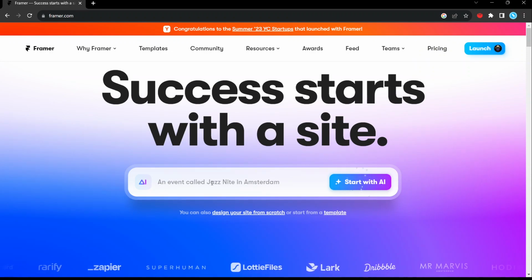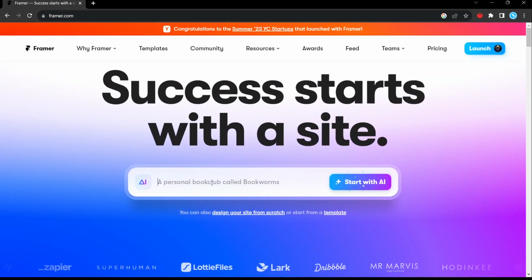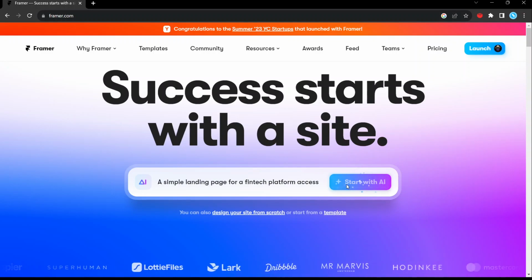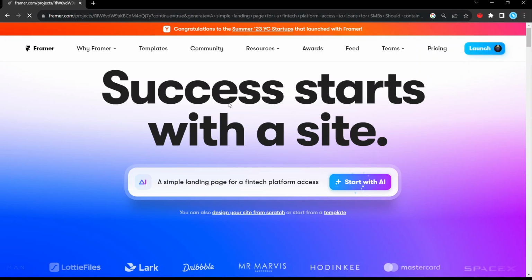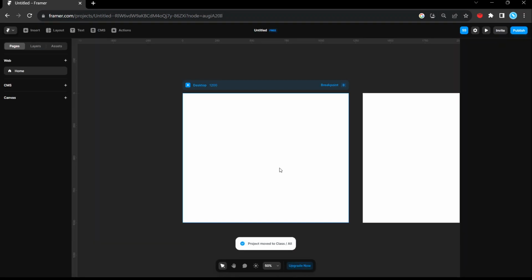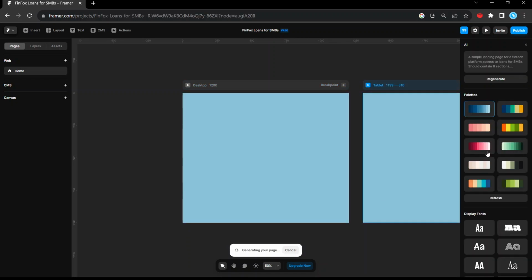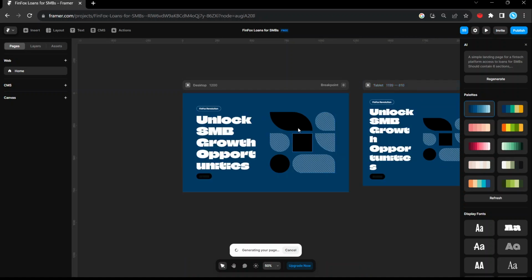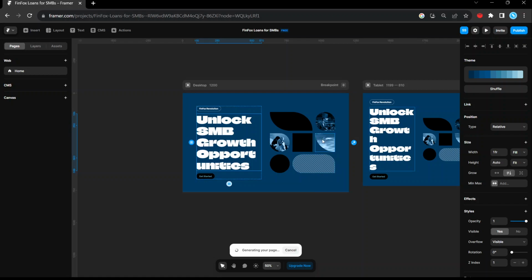Then, of course, we also have the AI feature here where you can put in a particular prompt. Let's just put this in and click start. Because I'm already logged in, watch what happens. It's going to take a bit, but it's going to create my website based on the prompt I gave the AI. So just click confirm here and give it a bit. It's loading. You can see it says generating your page. And I mean, it's obviously terrible, like I told you. It's not something that is practical, but with time, we might see this technology improve and be able to do way more